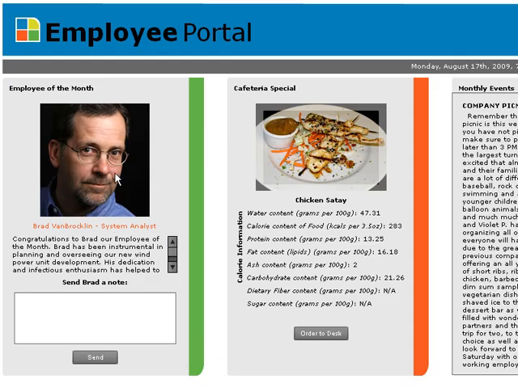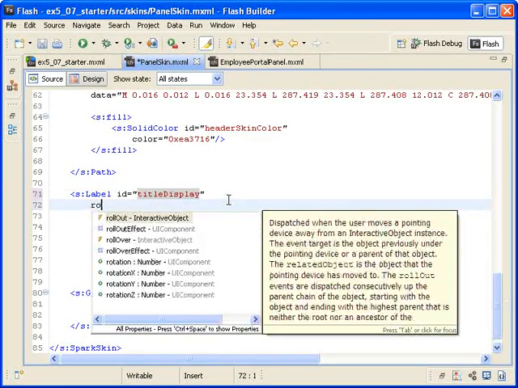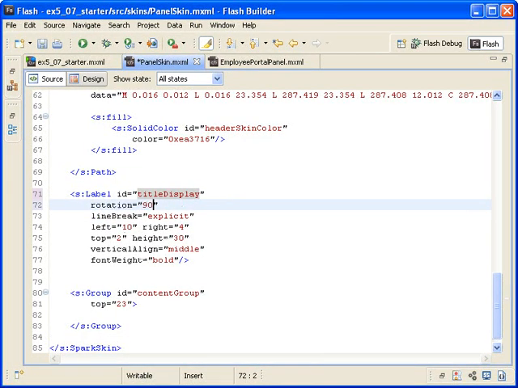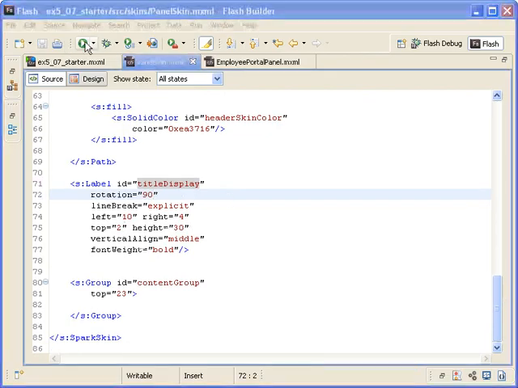Now I need to move the title text over to the right and make it vertical. Remember that the title text is controlled by the title display skin part for the panel container. I need to rotate it 90 degrees and move it to the right. So to the label control, I'm adding a rotation property with a value of 90 degrees. When I save the file and run the application,